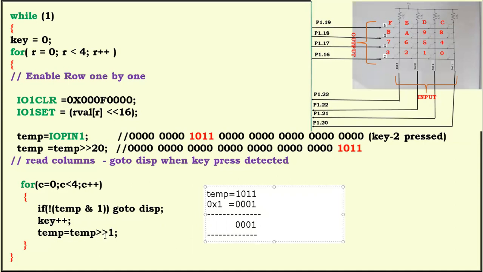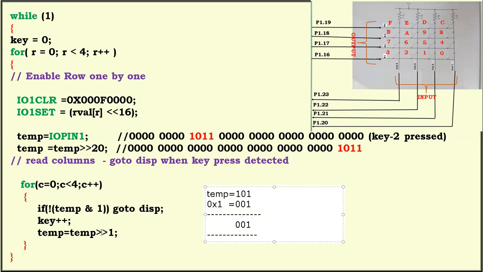Then temp equal to temp shifted towards right. How many times? 1 time. Now this 1 1 0 1 is 1 1 0. This first bit is completed. Therefore, we have to shift towards right, and that is going to eliminate that. Therefore, we have to multiply with this one. Now once again, what will we get? Once again this condition is false. Here 1 into 1, say this is 1 0 1, here 0 0 1. We'll get 1. 1 means non-zero. Non-zero means true. Therefore not true, false. False means it won't go to this. It comes here, increment. Key becomes 2.